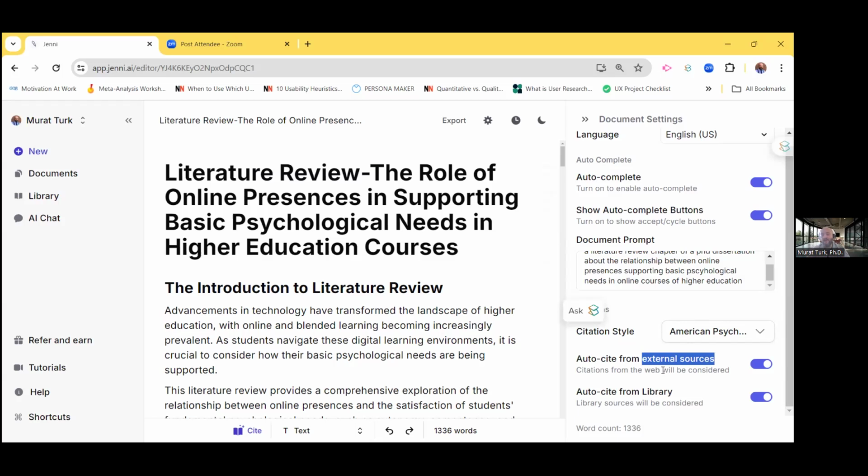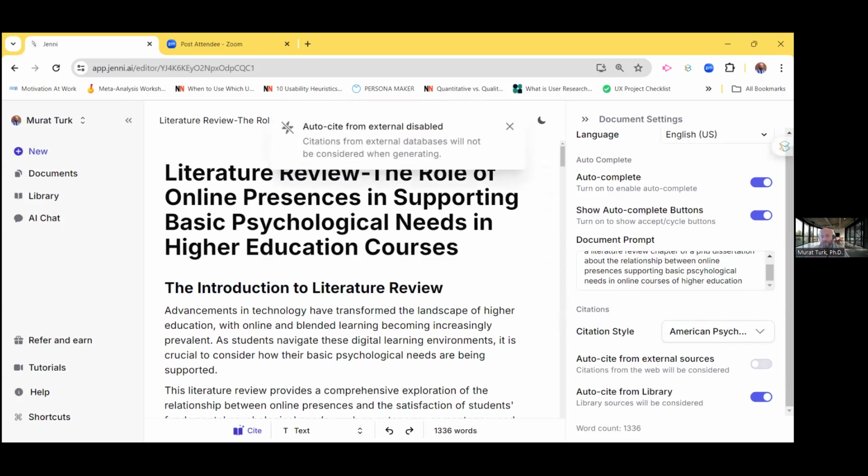If you turn it on, then Jenni.ai will give citations for you, which is super helpful, especially if you are not so familiar with the literature area that you are doing research in. Or if you are super experienced, then you can also use it just to see what citations Jenni.ai will be offering. You can also turn it off,